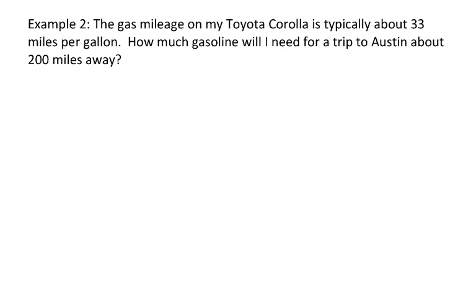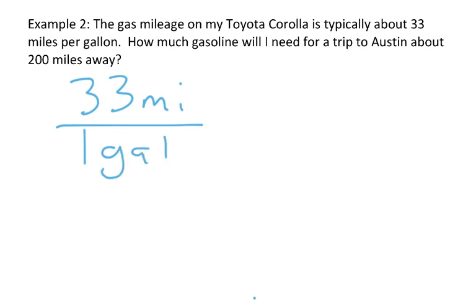Here's another example. It's quite different, but again, it can be modeled as a proportion. The gas mileage on my Toyota Corolla is typically about 33 miles per gallon. How much gasoline will I need for a trip to Austin about 200 miles away? The miles per gallon could also be expressed as a ratio. What it is telling me is that I can drive 33 miles on 1 gallon of gas, so that if I need to drive 200 miles,